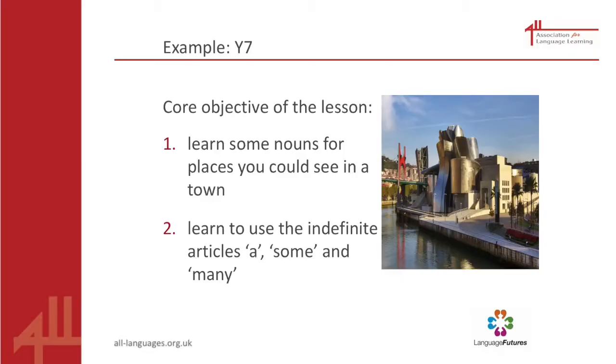The learning point of this lesson is really about the indefinite article, and how to vary your indefinite article and how to really be aware of gender. It doesn't matter whether polideportivo is actually a word that you've included in this lesson, because that could come in later. So sometimes when you back off from the vocabulary and look at the grammatical content, you can open up your lesson to something a little bit more open-ended. So if your core objective is to learn some nouns for places, not a specific set of 12, but any nouns, and learning to use un and una correctly, you could then